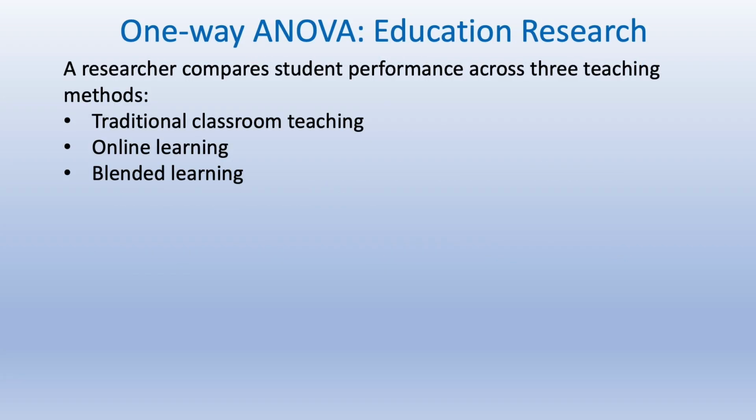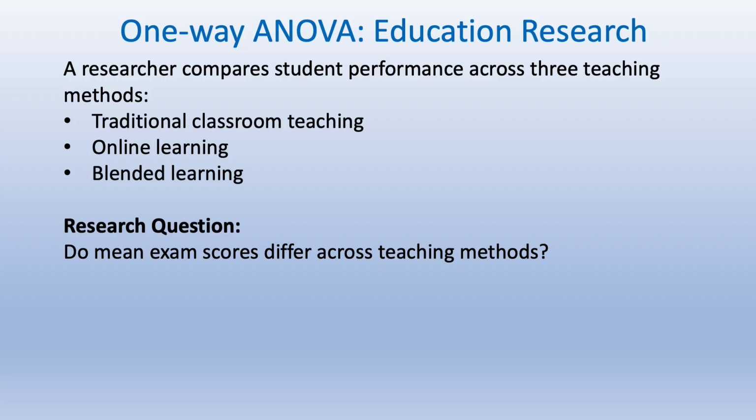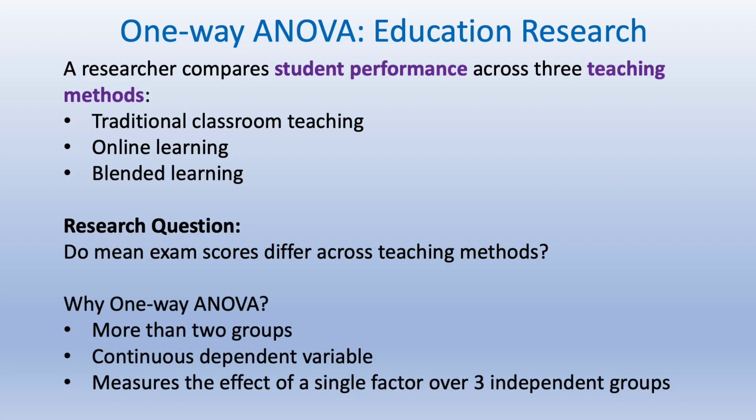Let us look at an example from education research where a one-way ANOVA is used. A researcher compares student performance across three teaching methods: traditional classroom teaching, online learning, and blended learning. The research question here is: do mean exam scores differ across the teaching methods? One-way ANOVA is used here as there are more than two groups. The dependent variable, exam scores, is continuous, and it measures the effect of a single factor, that is teaching methods,